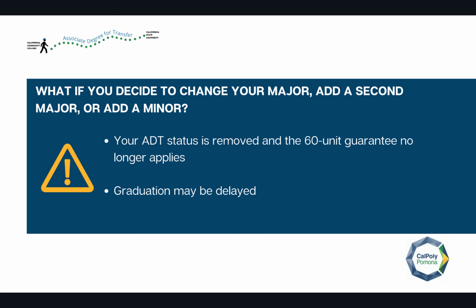If you add a second major, that will add maybe not so many units, but it still will pass the 120 limit. And so that ADT guarantee is no longer there, because the ADT is guaranteeing that you finish within the 60 units. The same applies for a minor. A minor is usually anywhere between 5 to 6 or more classes. So that's why it does change, and we can't guarantee that degree, because the ADT is guaranteeing that you finish within that 2-year or 60-unit gap. Be advised that it can delay your graduation. So if you have a plan to finish in 2 years, by adding that second degree, second major, or minor, you will probably delay your graduation.